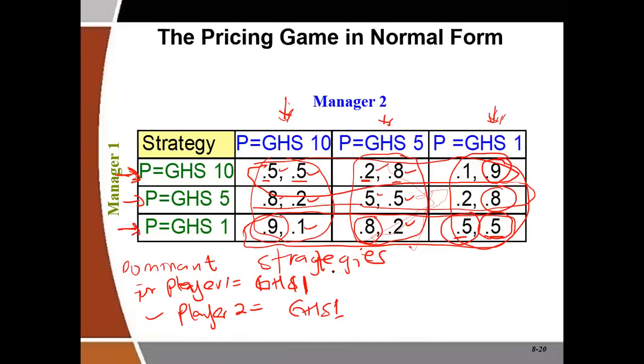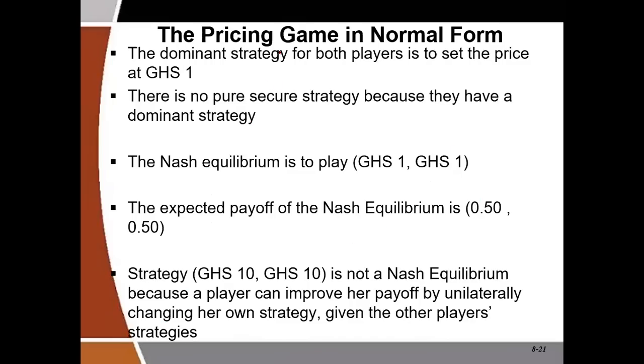And then where the dominant and dominant will meet, the outcome will be the Nash equilibrium. So here, the dominant strategy for both players is to set the price at 1 cedi. There is no pure secure strategy because they both have a dominant strategy. And then the Nash equilibrium is when the two of them play their dominant strategy, which is to play 1 cedi, 1 cedi. And then the outcome or the payoff of the Nash equilibrium is 50% market share,